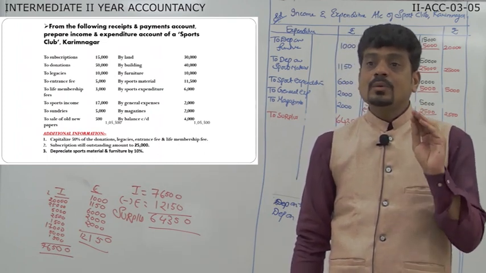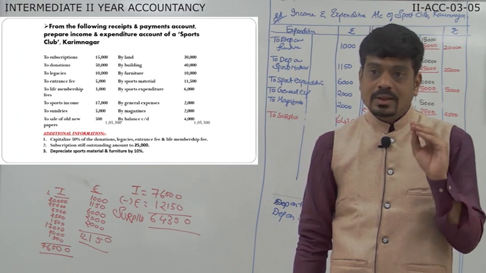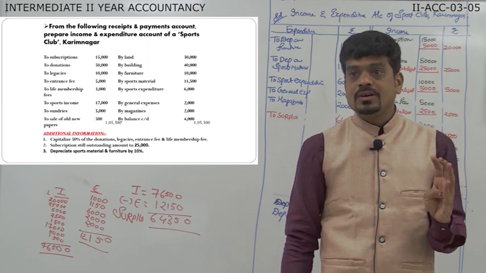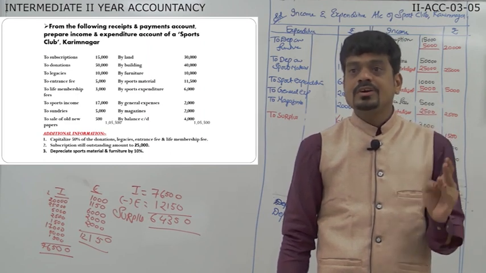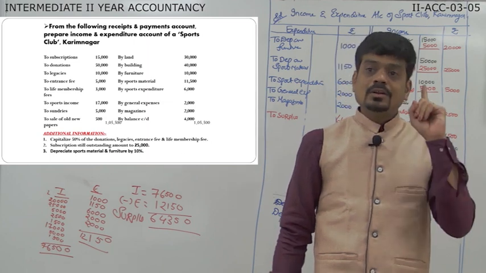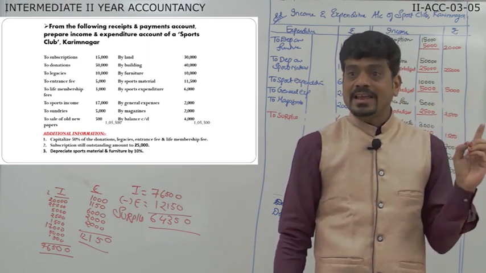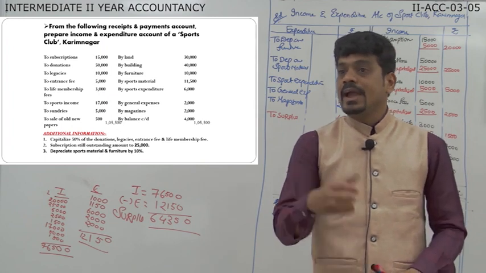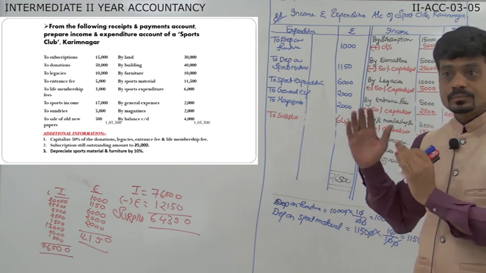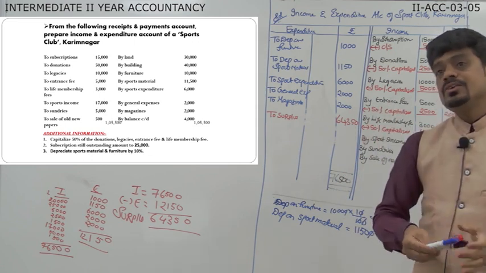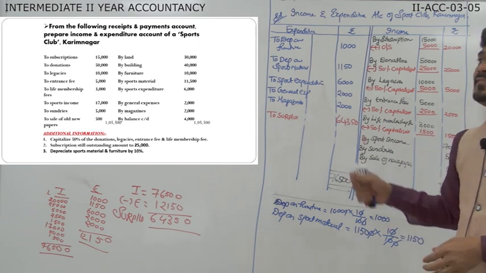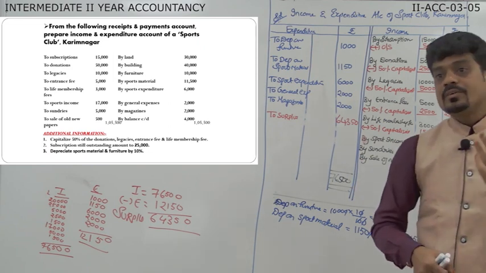These are the frequently asked questions. Along with that, they will ask you what is capital expenditure, what is revenue expenditure, capital receipt, capital payment. Again, every one of you can look into those slides and those answers you can write. And questions already I told you. This is the non-trading concern chapter. The entire non-trading concern chapter I have presented before you. Revise it perfectly.